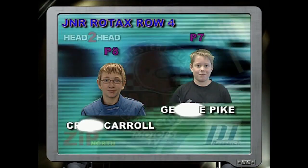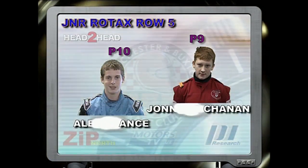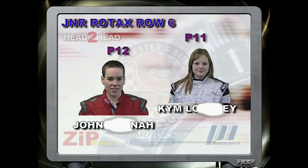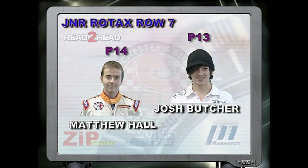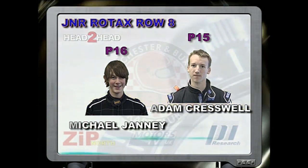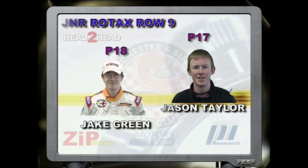Curtis Roberts starts off P6. George Pike is next, followed by Craig Carroll alongside. Johnny Buchanan on P9, Alex France for Daytona Manchester P10, Kim Longley for Focal Point on 11, John Hanna for Abbey Science and Graphics on 12, Josh Butcher, how does he see with one eye, Matthew Hall for KJ Ford of North Wales, Adam Cresswell's on 15, Michael Janney 16, Jason Taylor for Solway Slate and Tile on 17, then